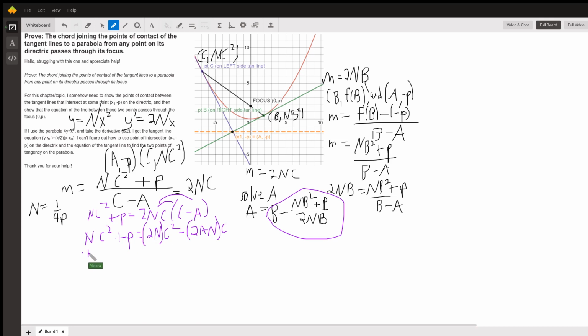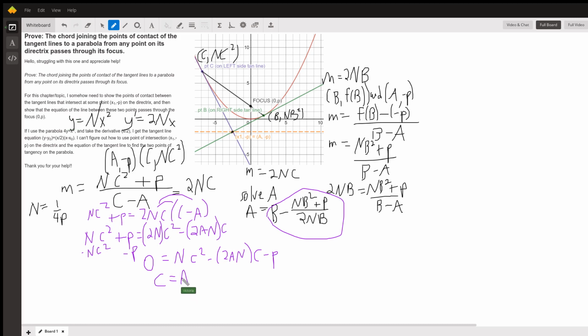So if I subtract nc squared and I subtract p, I end up with 0 is, well, 2nc squared minus 1nc squared gives me a single nc squared, minus 2an times c, minus p. And then you use the quadratic formula, minus b plus and minus the square root of b squared minus 4ac, to find out that c is actually